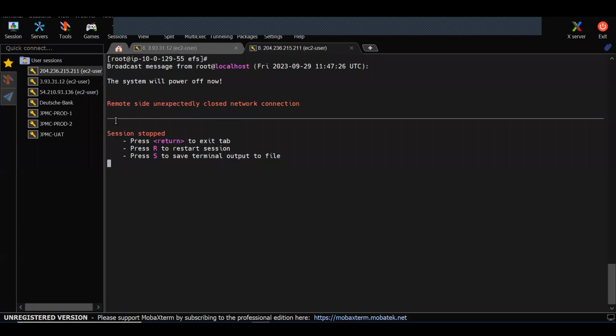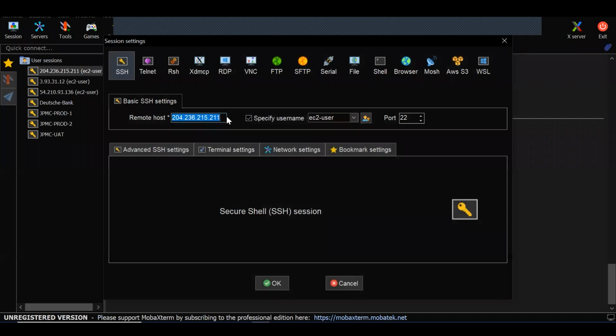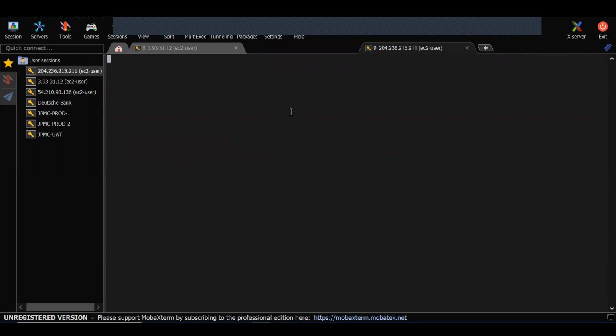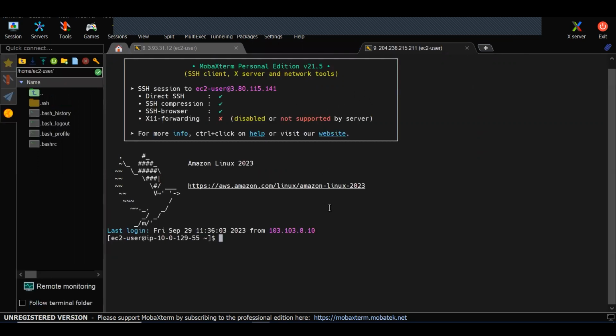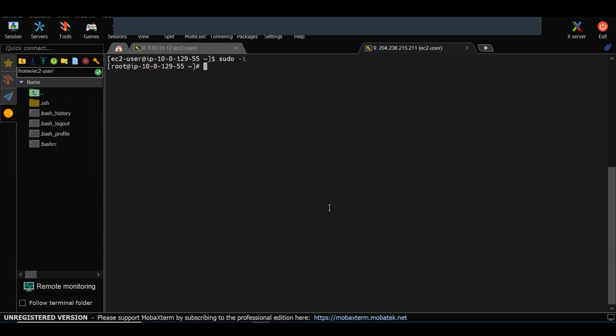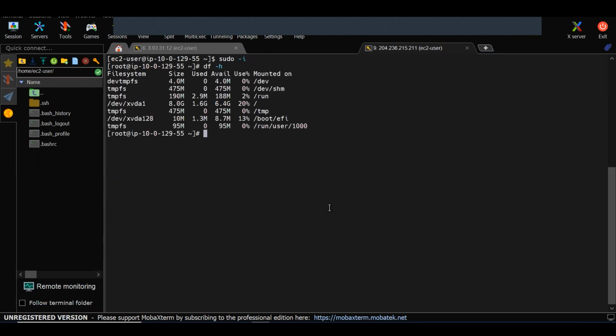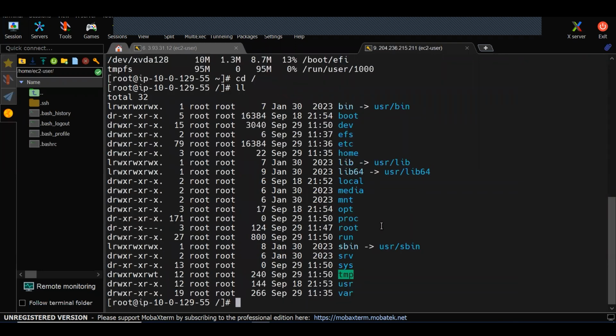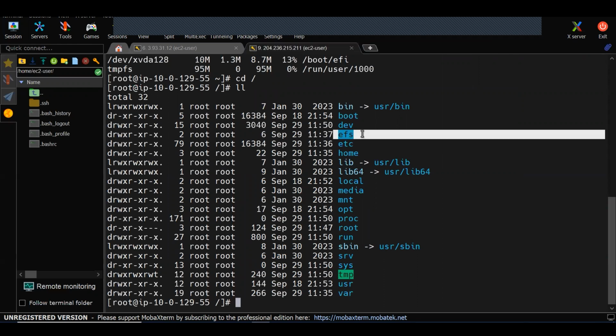I'm going here. df -h. Where is the mount point? I mounted it previously, in this server only. Okay, we'll go to the root path. Will the EFS folder we created be there in the root folder or not? Check. The EFS folder is there.